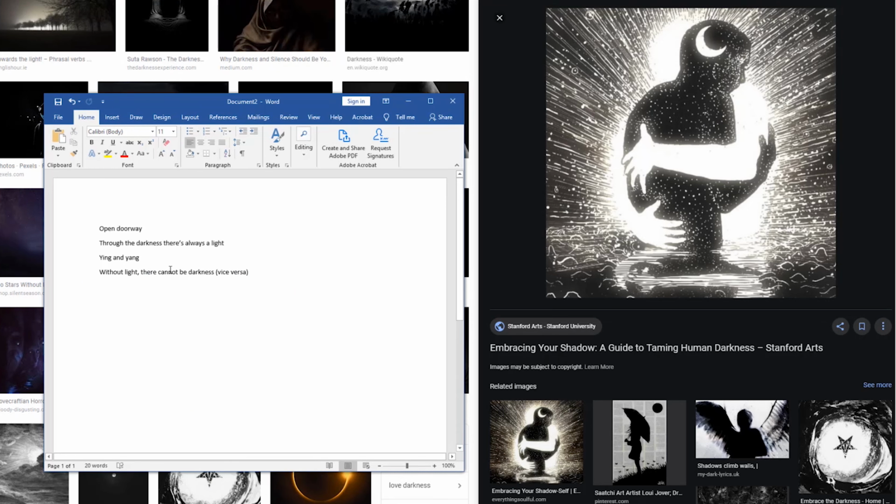And so without light, there cannot be darkness, and vice versa. And so these ideas brought up basically, okay, what do I like in that genre? And usually I'll go and I'll listen to music as well. So I'll listen to music and see what that brings me. But since we're just looking at images, I was thinking, okay, some of my favorite genres are dramas and romance. But when I'm thinking about this, I'm thinking about like a crime